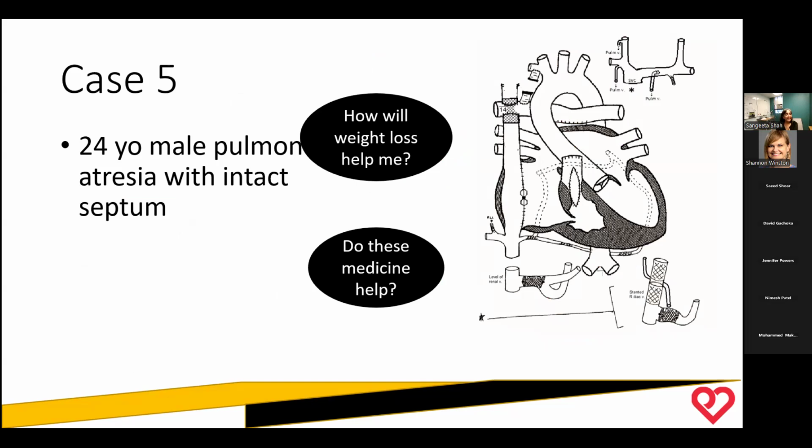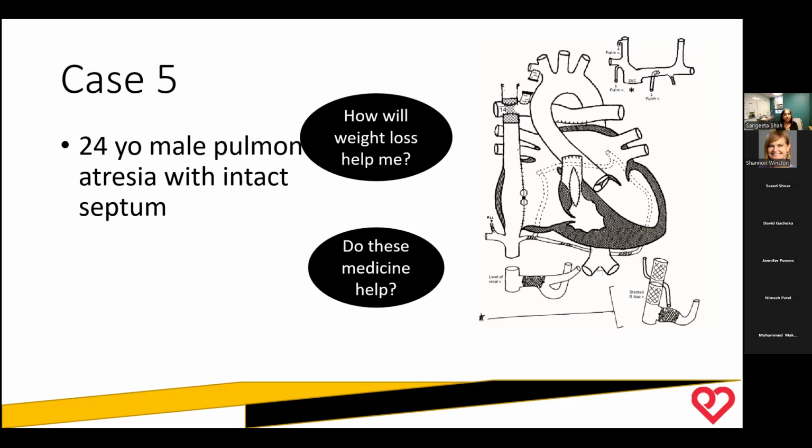So putting up the last case, and I'm sorry this ended up on top of the wording, but basically this is a 24-year-old with pulmonary atresia with intact septum. And just to highlight a picture of his heart on the right of your screen, he basically works as a single ventricle physiology. Here's his pulmonary atresia. Here's his right ventricle. It's not contributing. We're rerouting blood flow from the IVC into his pulmonary circulation, SVC into the pulmonary circulation.